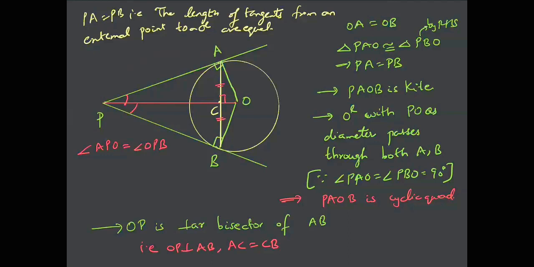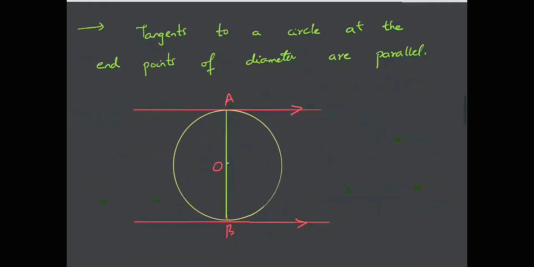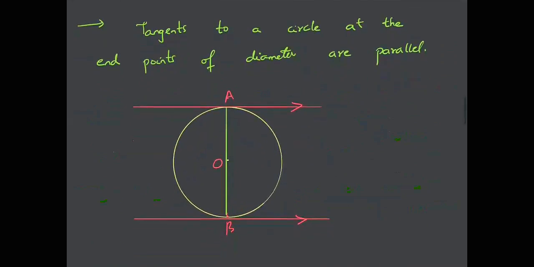Okay, so let us move forward. Tangents to a circle at the endpoints of a diameter are parallel. If O is the center and AB is the diameter, then we draw the tangents at point A